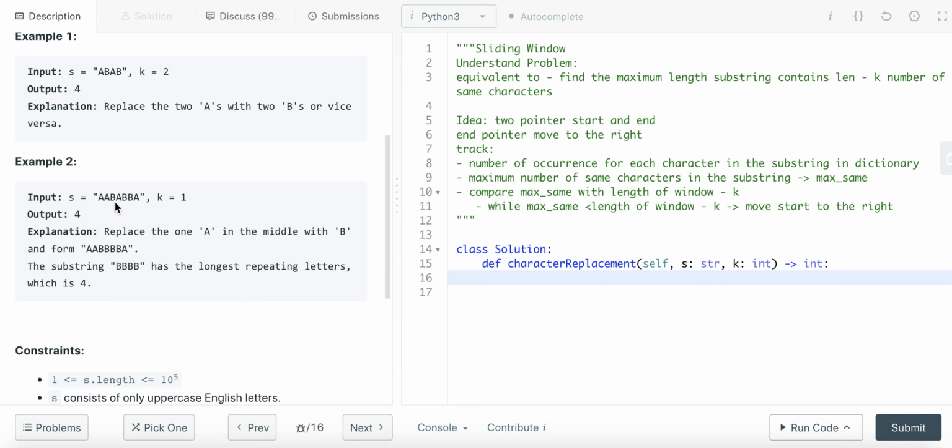However, the length is smaller than the maximum length we have found so far. The maximum length we have found so far is 4, but for this one, after we replace one character, the length would only be 3. So we do not update the maximum length. And then, since we already found a qualifying substring, we pause our start pointer here, and we try to move our end pointer to the right to see if we can find a substring